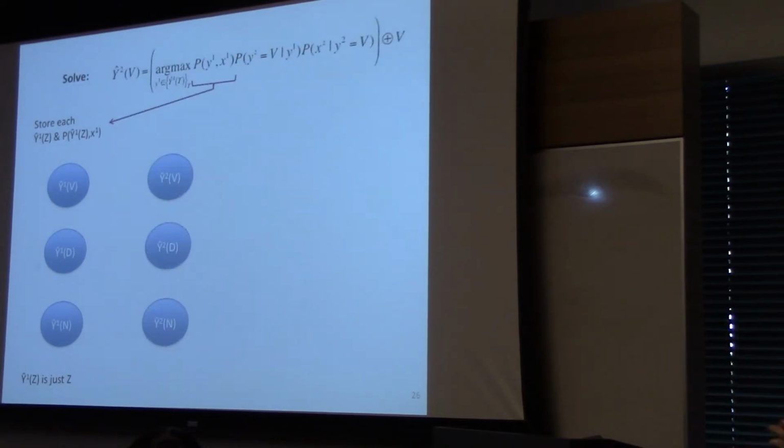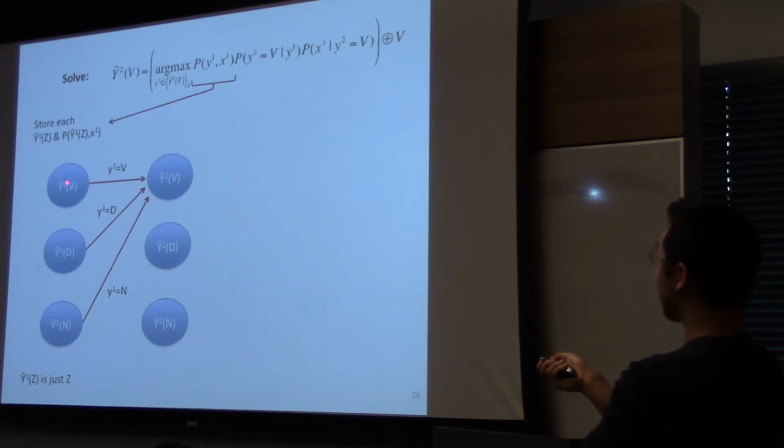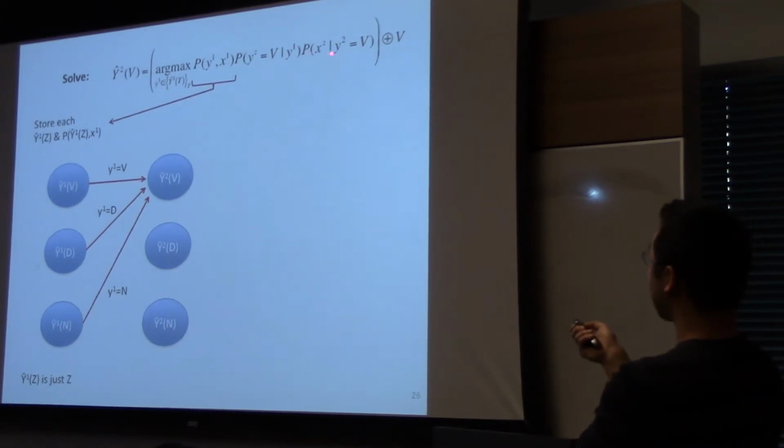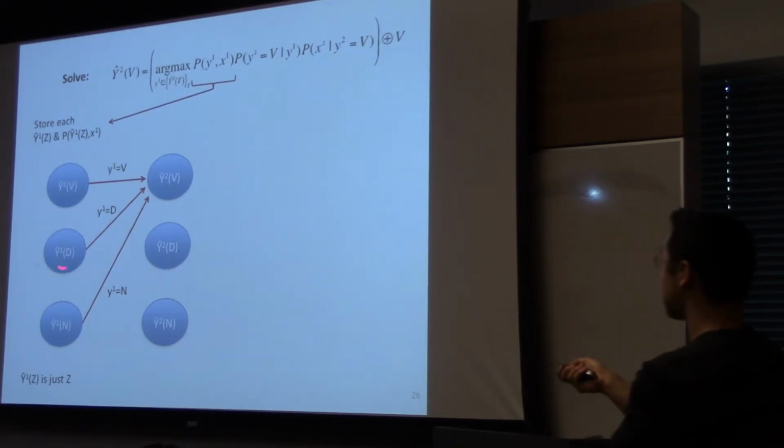So now here's the inductive case, where it gets interesting. We assume that we've already pre-computed the best length k minus 1 subsequence, here length 1. Now we want to solve for the best length 2 subsequence that ends in verb, that ends in determiner, and ends in noun. Let's look at this one first. What is the best length 2 sequence that ends in verb? Well, it's either the best length 1 sequence that ends in verb, multiplying that probability by the probability of transitioning to verb and emitting the word in the second token,